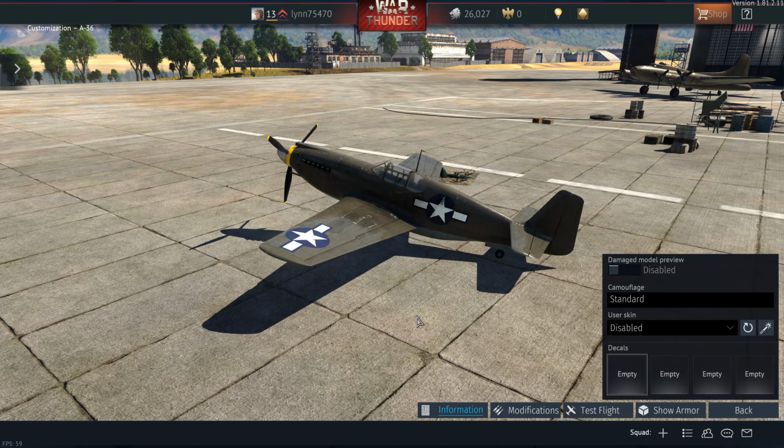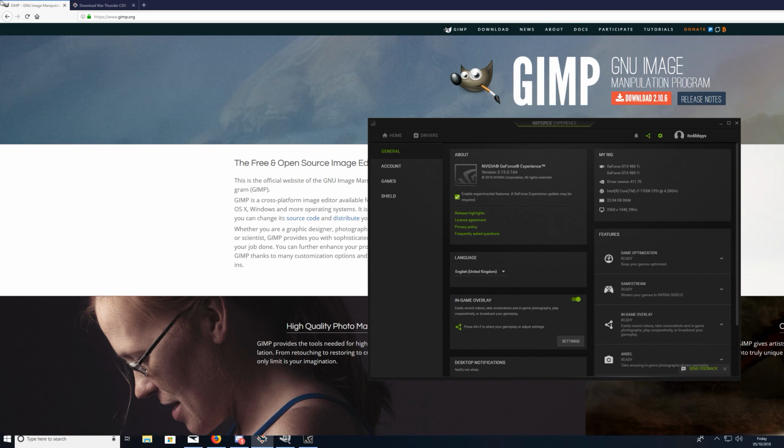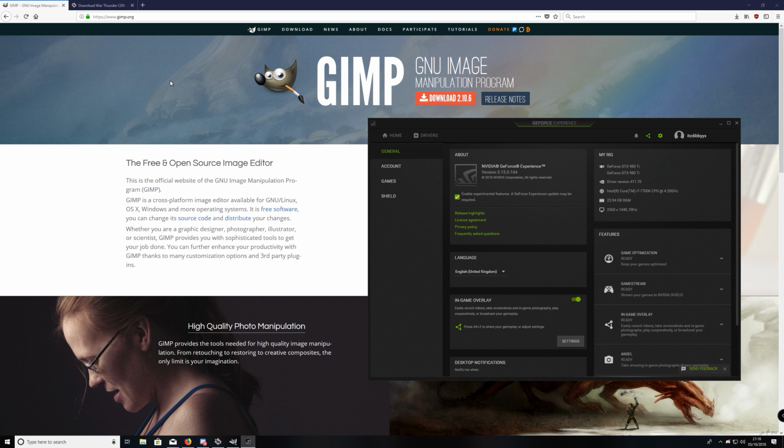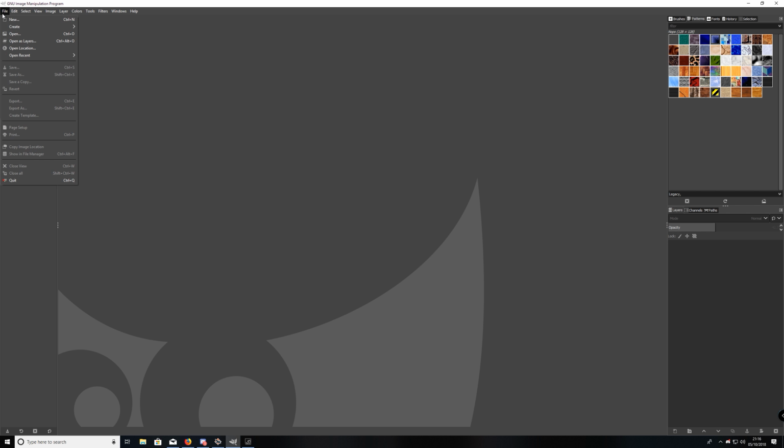This is what you do. You go to the customization tab, you press this little button over here, it comes up with this, and creates a skin in the game's root folder. Then you want to make sure you have a program that can edit a Targa, I'm not really sure how to pronounce it, but in any case I like to use GIMP. It's nice and free. Go to File, Open,